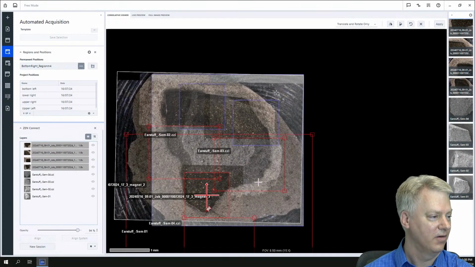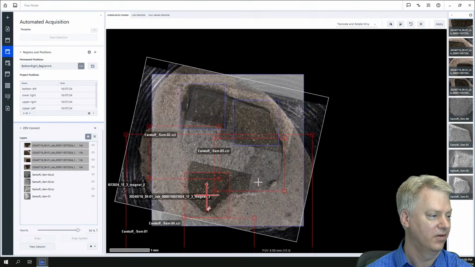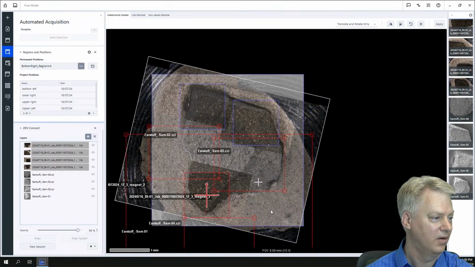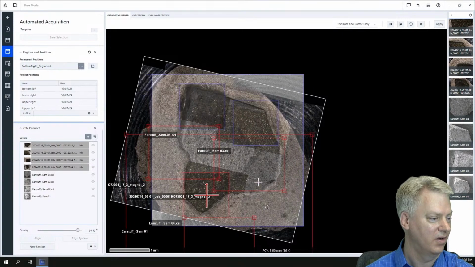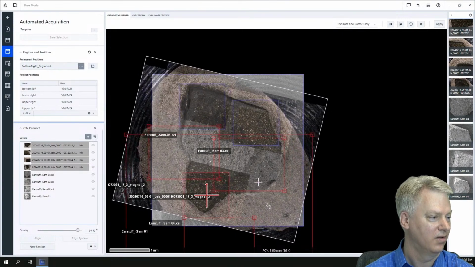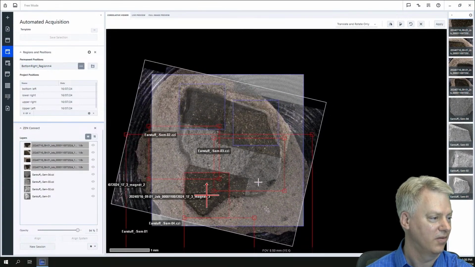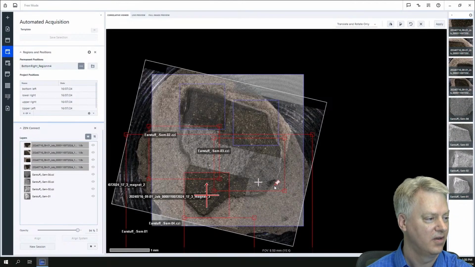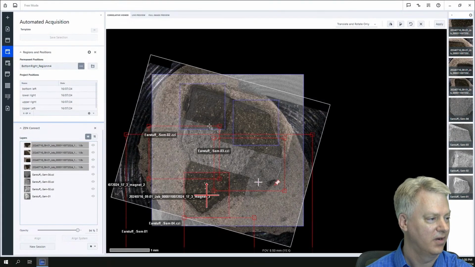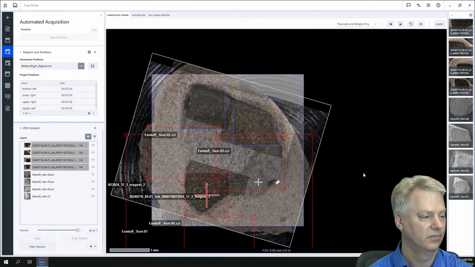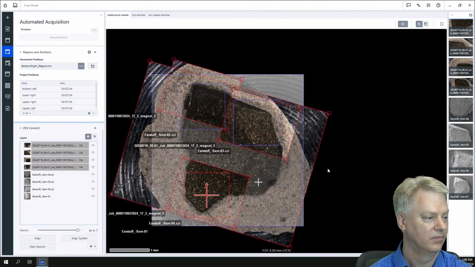So I'm going to rotate here. Everything's scaled correctly. You just need to rotate and get it generally close, and then I'll zoom in. I'll do a little bit more fine-tuning once I get it closer here. So I'm translating it once again, just pinning it, getting it a little bit closer, overlay. All right, so